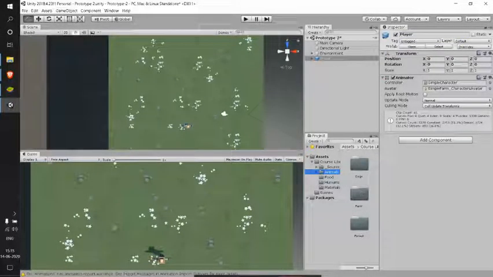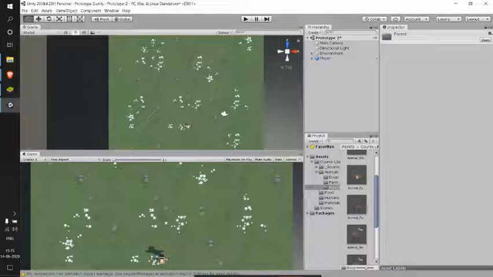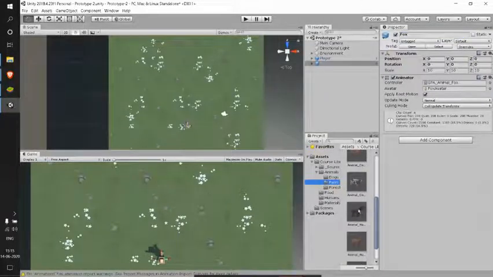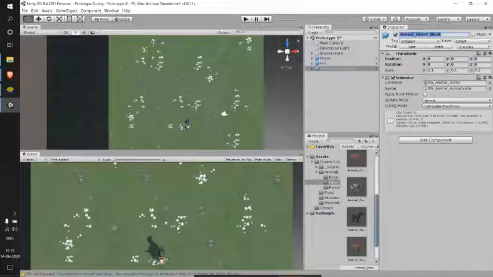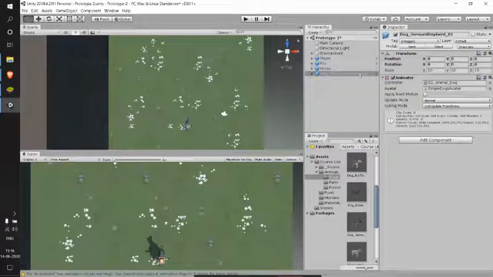So other than just the human, we need a few more things, like we need some animals, right? So let me open the forest animals. What I like is, I'll use one fox here. So I have one fox. Let me rename that as fox. Next, I'll use one of the farm animals. I'll use this horse. Next, let me use one kind of dog. I'll use this German Shepherd. Let me just name it as dog.